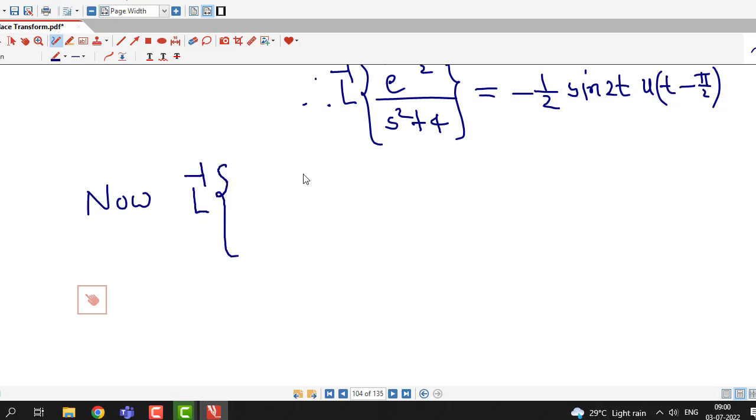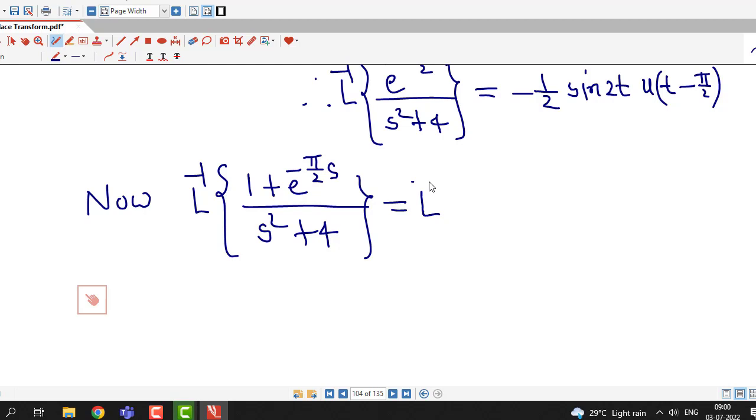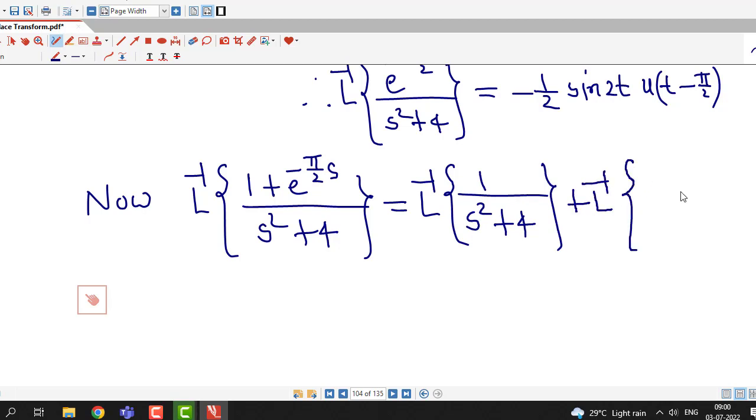Inverse Laplace transform of 1 plus e raised to minus pi by 2 into s divided by s square plus 4 is equal to L inverse of 1 divided by s square plus 4 plus L inverse of e raised to minus pi by 2 into s divided by s square plus 4, and this is by the linearity property